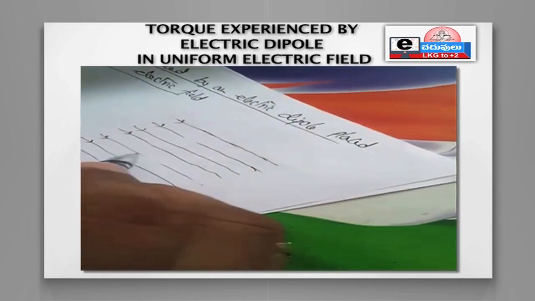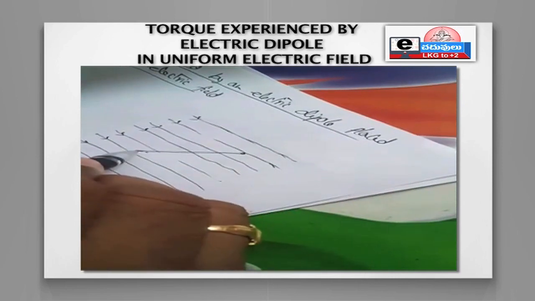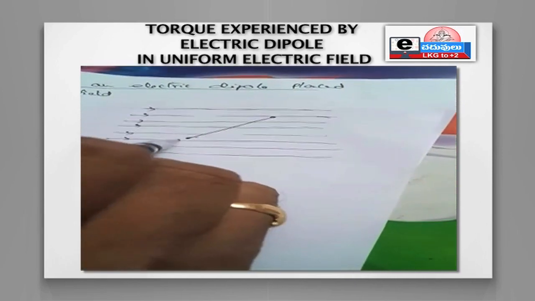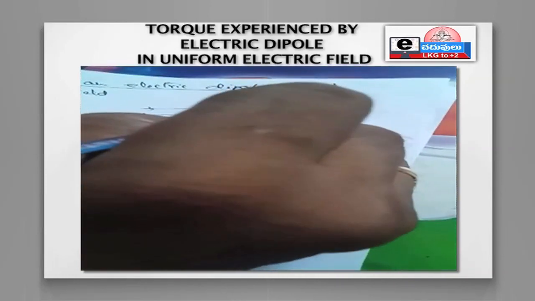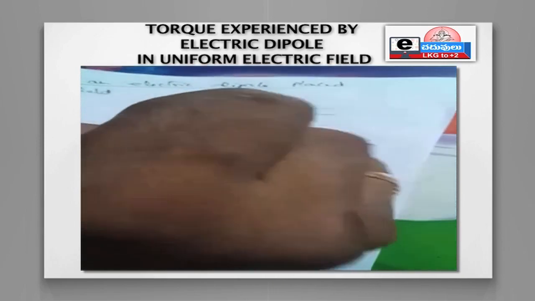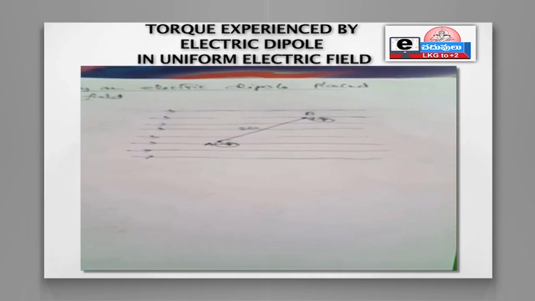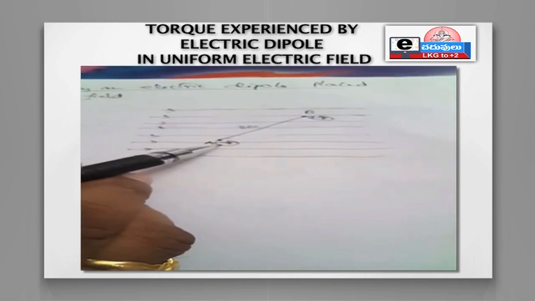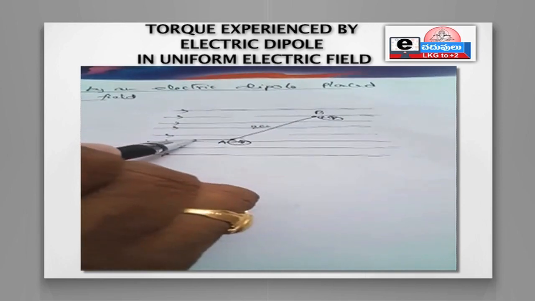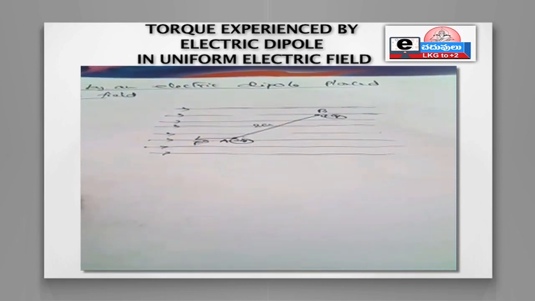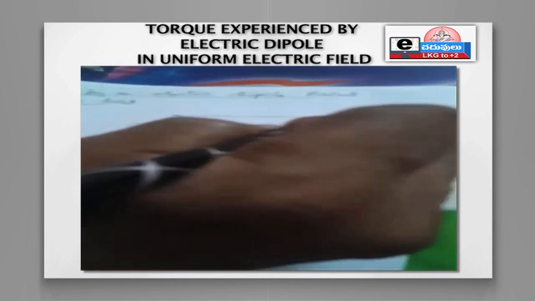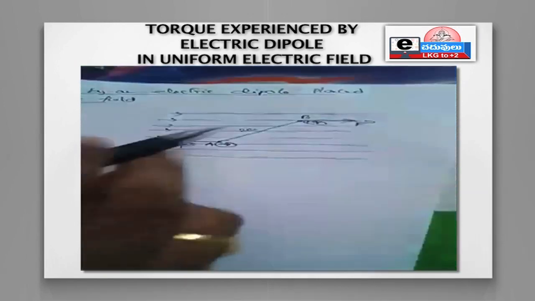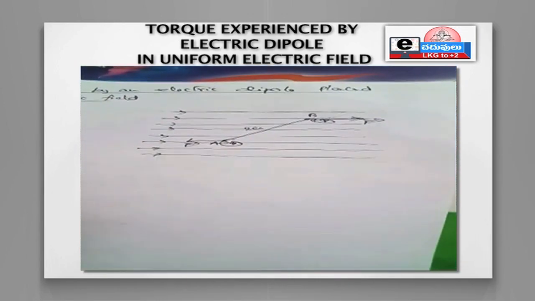For drawing the dipole, for the time being I am showing AB as a dipole. This is A, this is B, and here is minus Q charge, here is plus Q charge, and the length is 2A. It is placed in the uniform electric field. This is the negative charge and on this side the positive one is there. Therefore, there will be a force acting on this one in this direction. For the time being I will call this F. And this is plus Q charge. It is going to experience a force F in this direction. These two will be equal and opposite. That is the definition of torque.